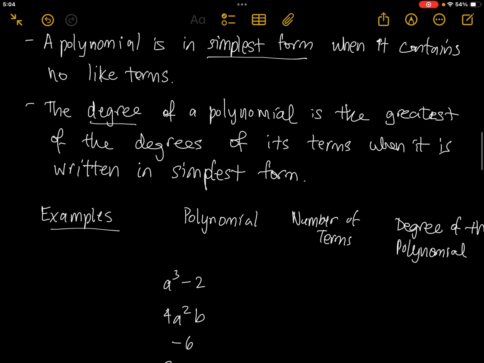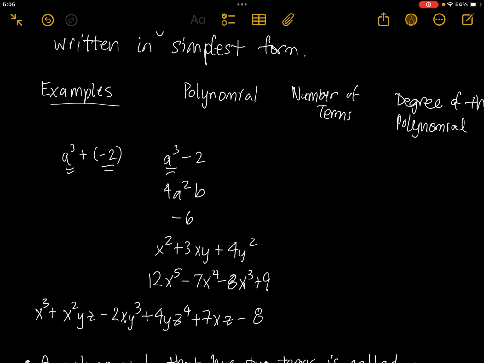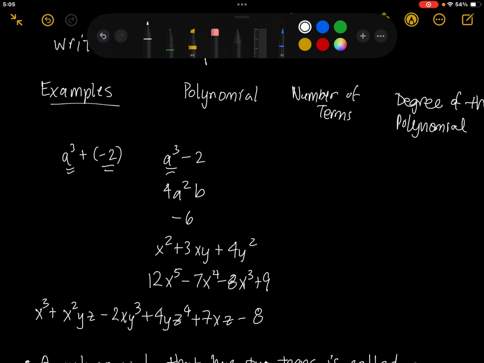We remember that we can write that as a cubed plus negative 2. So since those are the things that are actually being added, the terms are a cubed and negative 2. Okay. So I have 2 terms